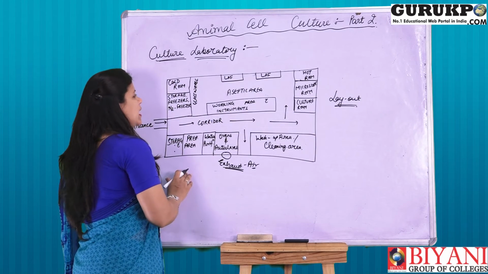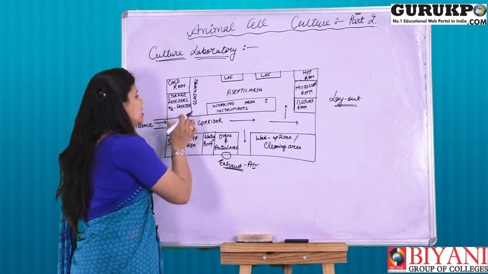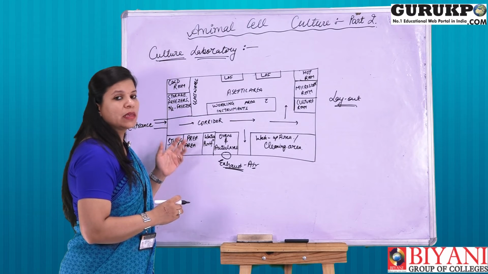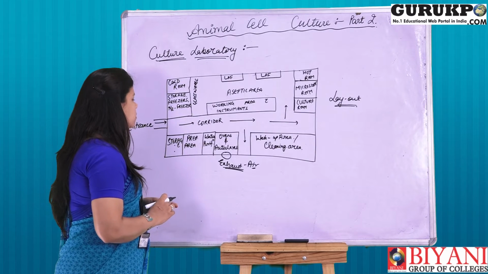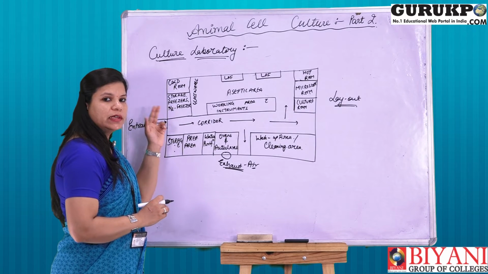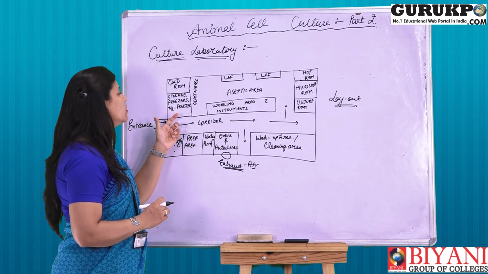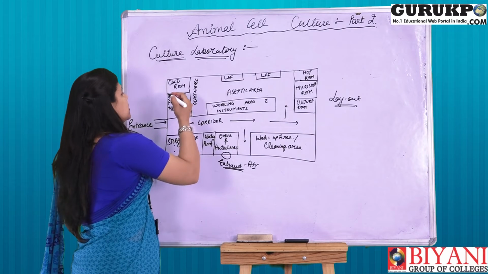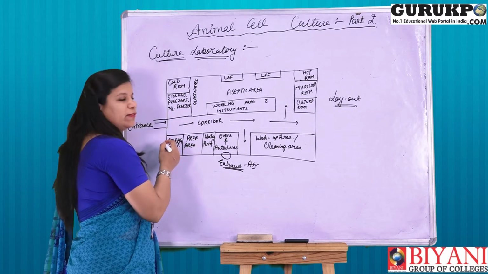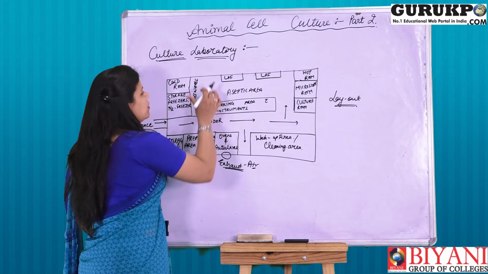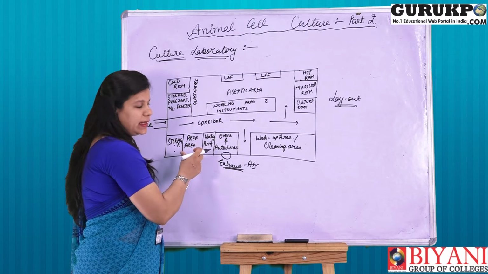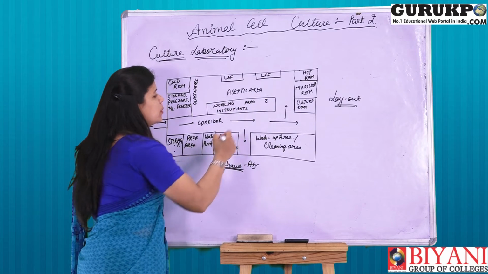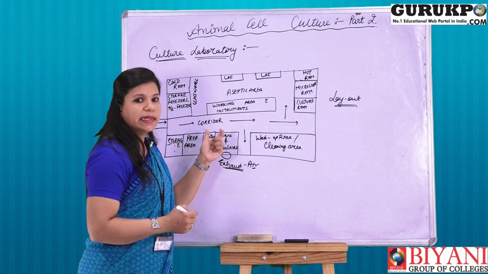On the left side of the lab, we have a storage area for cryopreservation purposes, and then the next storage area where the cryopreservative materials are kept, right? Then we have the cold room where the refrigerators are present. Then we have the area where the glassware is arranged. The most important area is the working area.